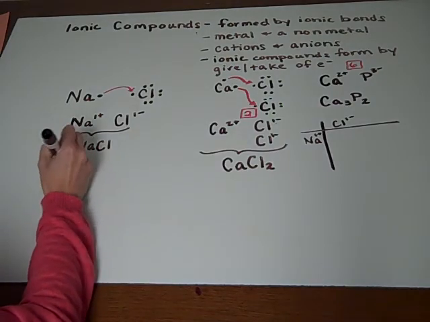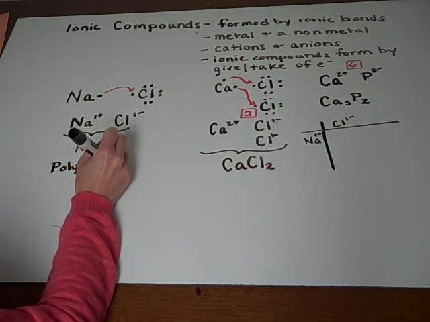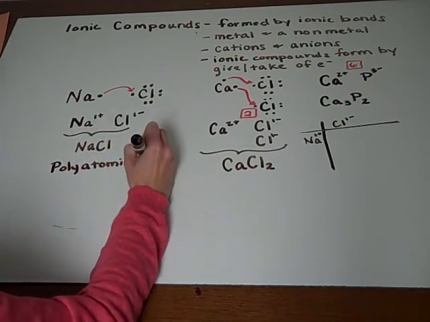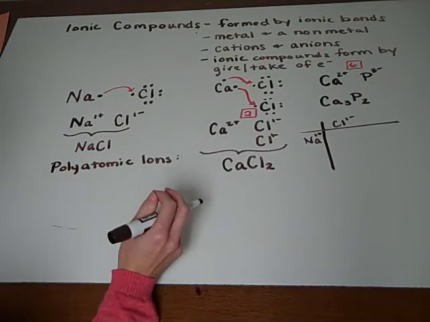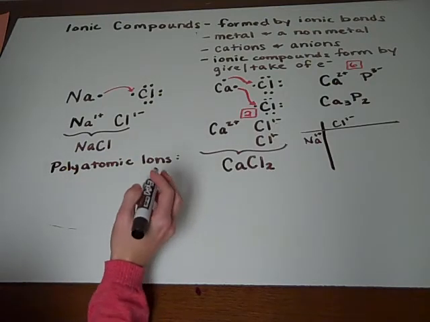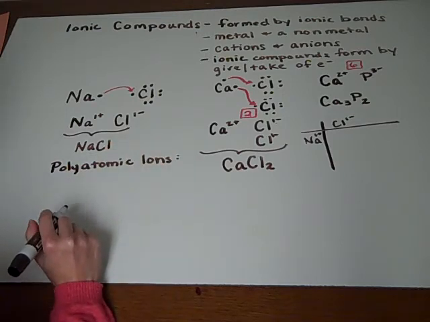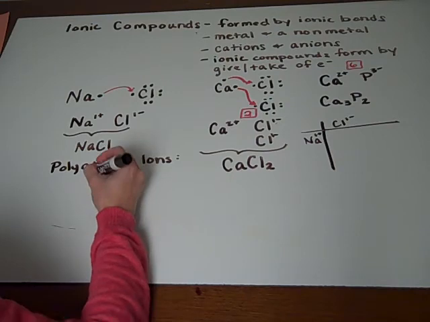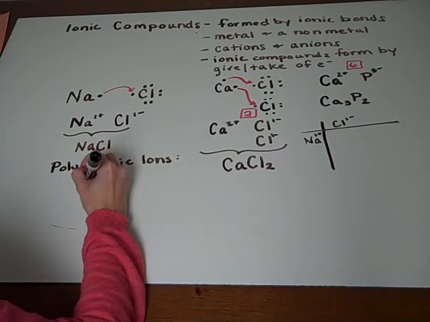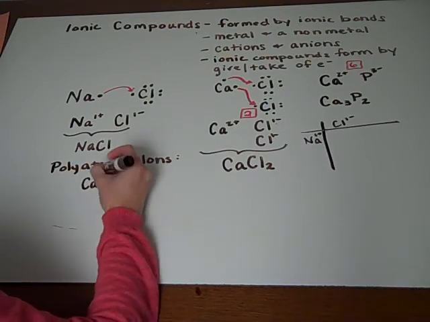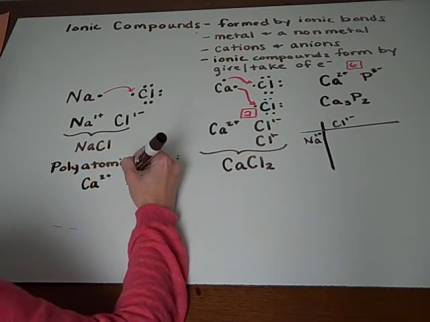I want to look at ionic compounds with polyatomic ions. Remember, polyatomic ions, we've bonded together before, right? So we can also bond these ionically. So if we look at them, we've drawn Lewis dot diagrams for polyatomic ions, right? So let's look at this. Let's say Ca, calcium, 2 plus. Then let's look at NO3,